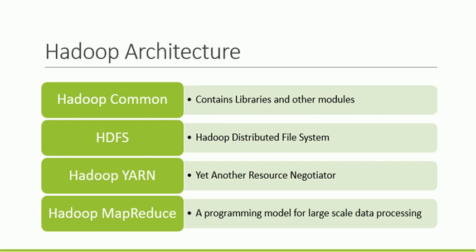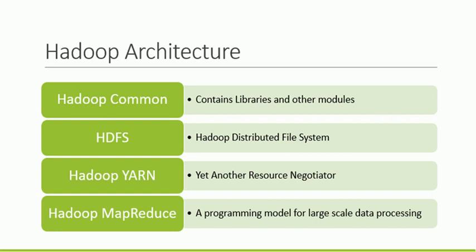Then at the lower level we have Hadoop MapReduce. It is basically a programming model for the processing of large scale data, and you work on the interface of MapReduce. When you are computing a large amount of data, you can use MapReduce for splitting, joining, and dividing large data sets and converting them into your required applications. So at the back end you will be getting Hadoop Common, HDFS, and Hadoop Yarn, and on the front end you will be getting MapReduce and other applications such as Spark, Pig, Flume, and Sqoop, which will help you process your data and provide you the relative application and processing technology.